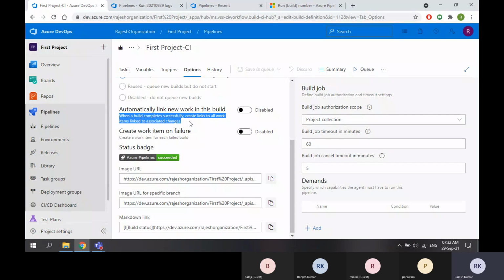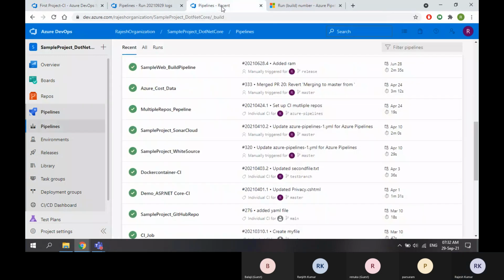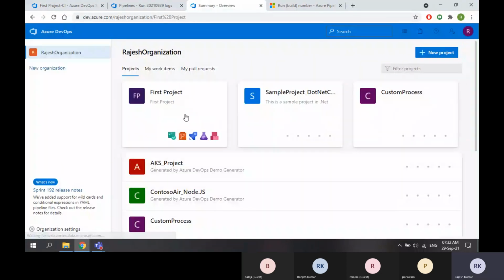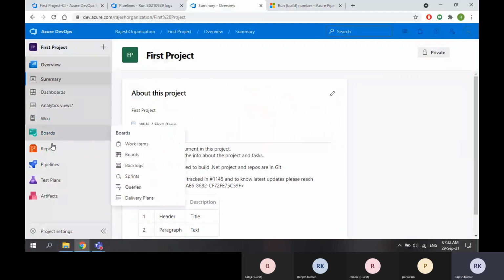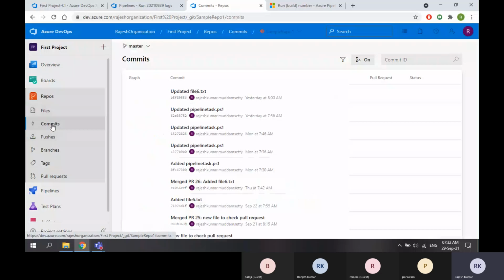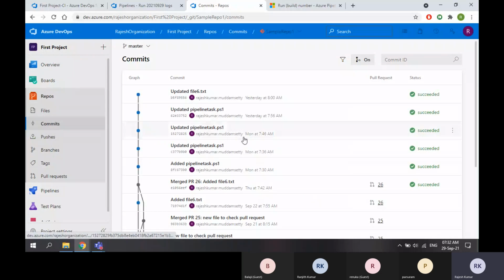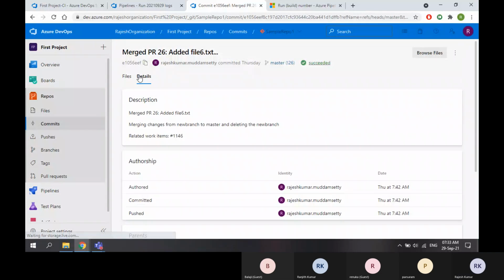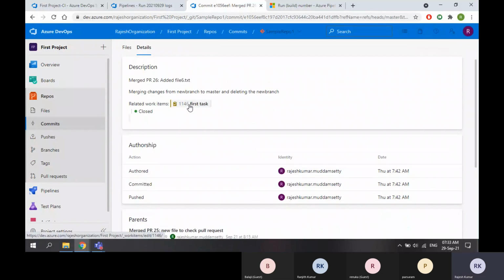So if I go back to commits, this is our project, Repos, Commits. In one of the commits, I have a work item assigned. Yes, it's 1146.